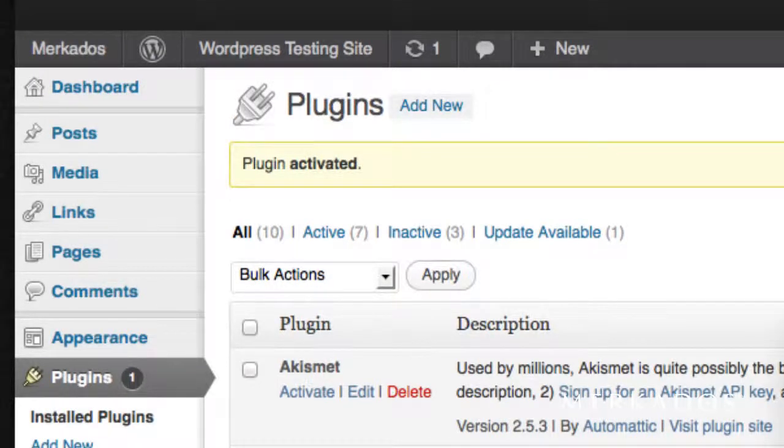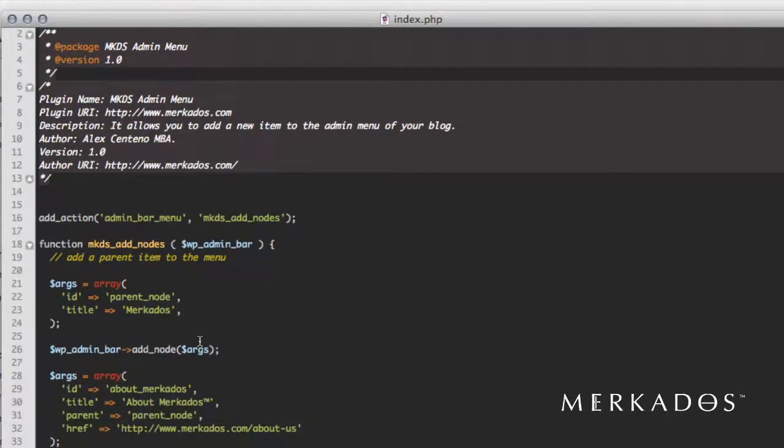And how do we do that? We're going to go here to the parent node. In the parent node, instead of giving it a title, we're going to create a span over there. And this span, we're going to give it a class. Let's call it MKDS icon. Okay, so we're creating a simple span tag that has an attribute of class,